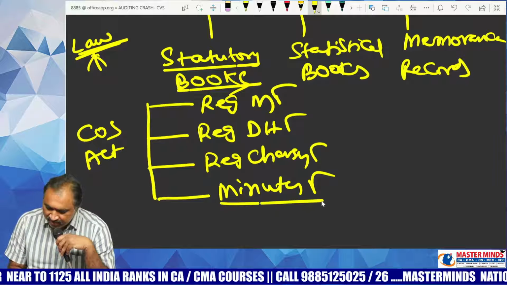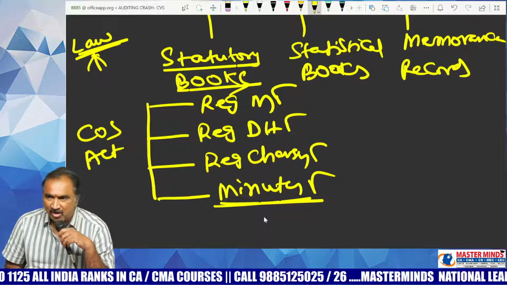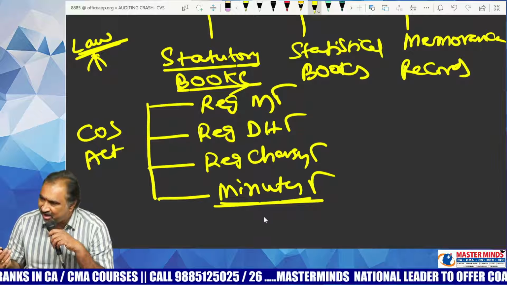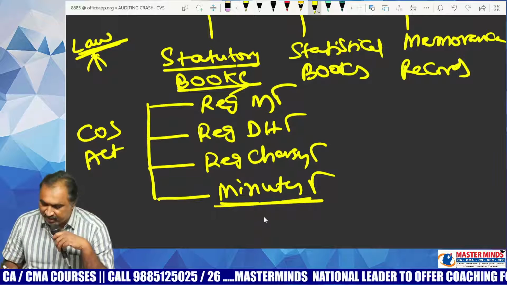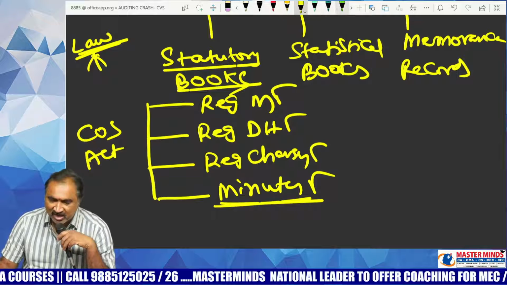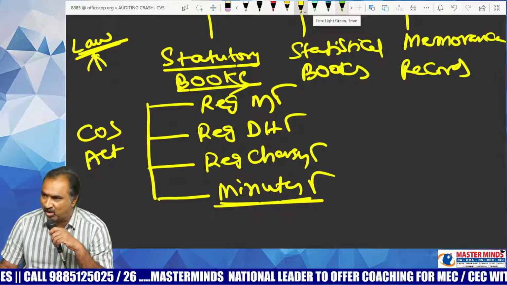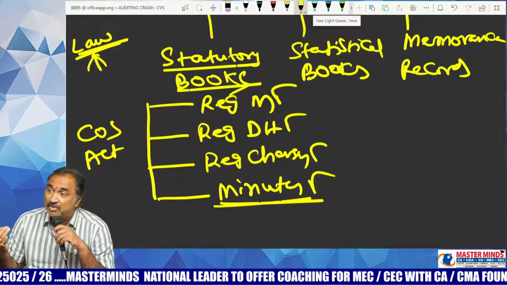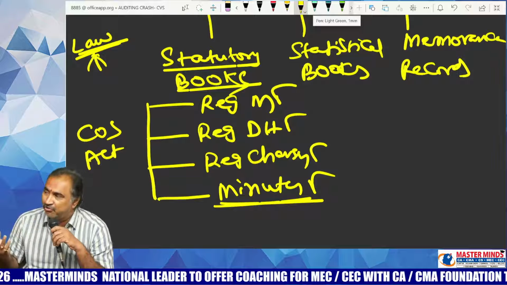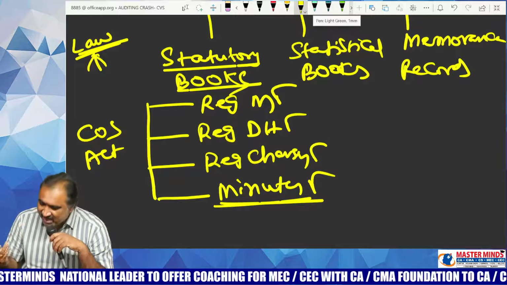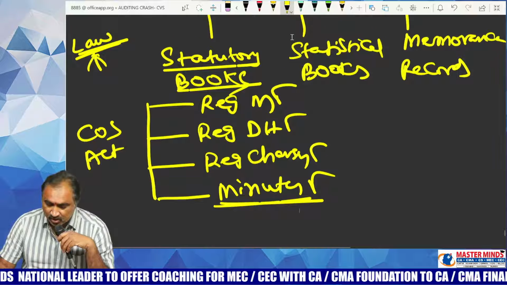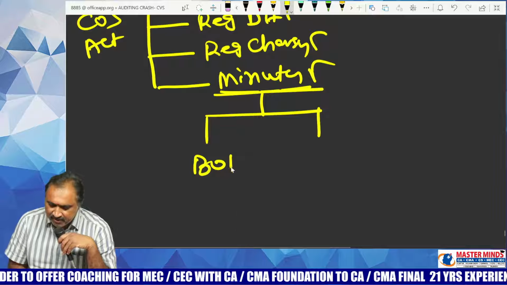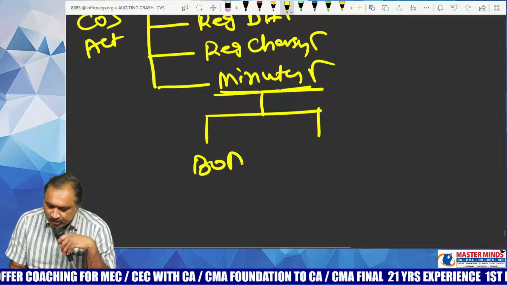The most important one here is Minutes Book. Why? Because you will come to know about the activities of the company only when you have been given a right of access to Minutes Book. The minutes may be of the board of directors or even of the shareholders. In other words, minutes of the meetings of the board of directors as well as minutes of the meetings of the shareholders can be reviewed by you as an auditor. You can have access to the Minutes Book maintained either in respect of board meetings or even in respect of general meetings.